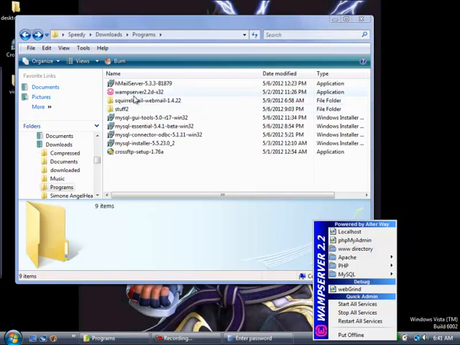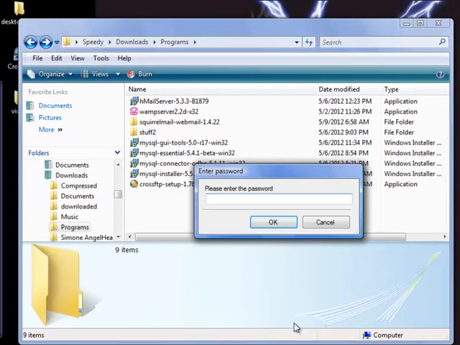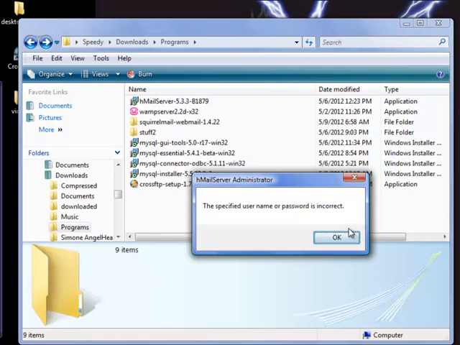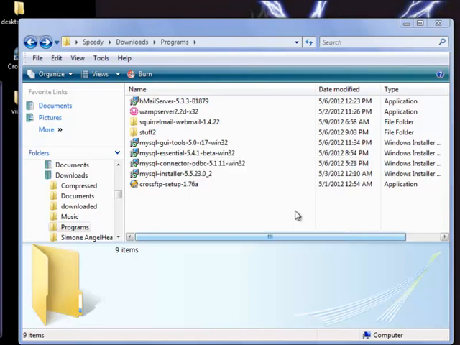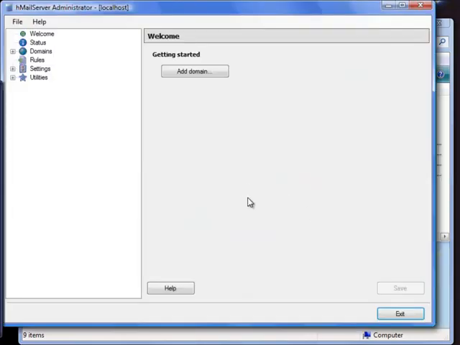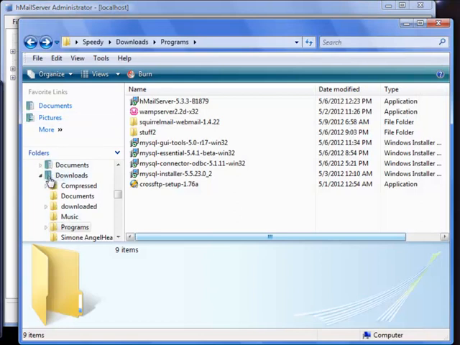So download and install HTML server. You can search it on any one of the major search engines like Google. After you've downloaded and installed it, you've configured it, you enter your password. You get to your HTML administrator screen. Here you need to add a domain. In order to do this, we need to go into my computer,